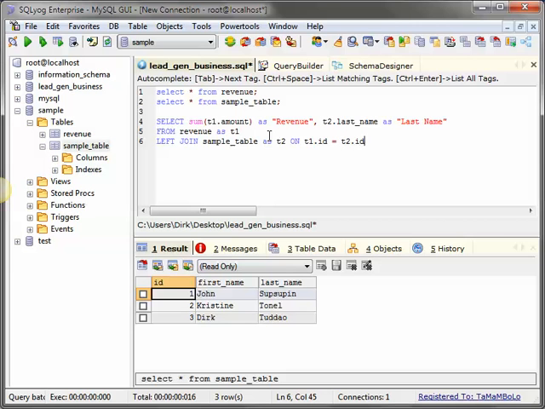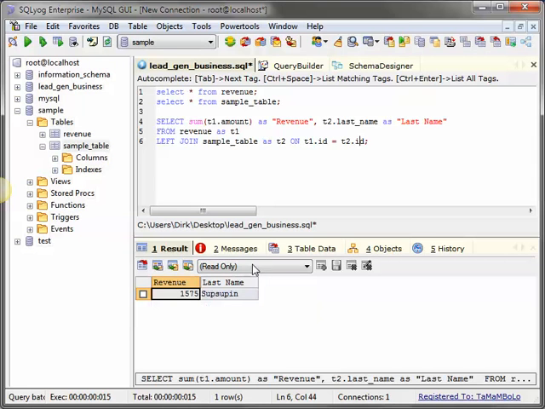And then if we run it with just this query, you'll see that this is the output. So what we need next is to put a group by. So group by